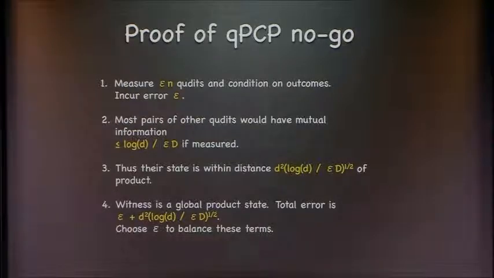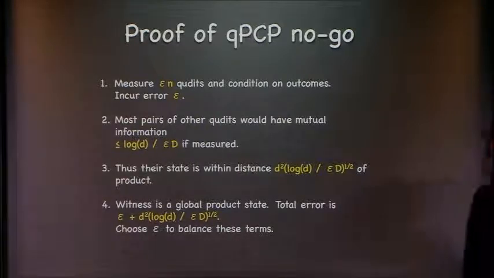D cubed on the previous slide. What term are you proving here? That should have been d squared on that slide. Okay, so my follow-up question is, is that an artificial loss of your argument? Because in your baby version of monogamy of entanglement, I think we would have gotten a log d in the numerator. Oh, that's right. So we've lost this extra polynomial factor of d. This may be an artifact.